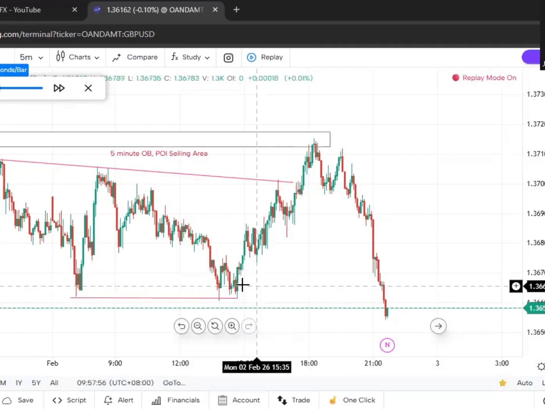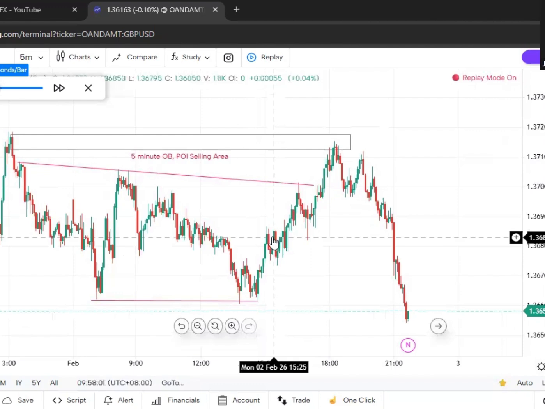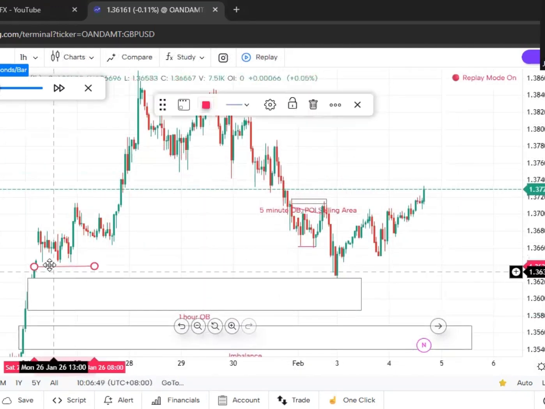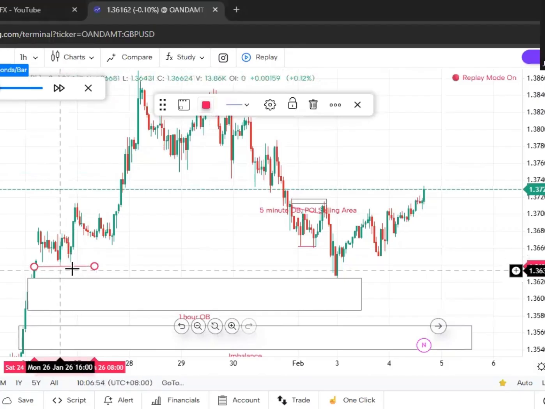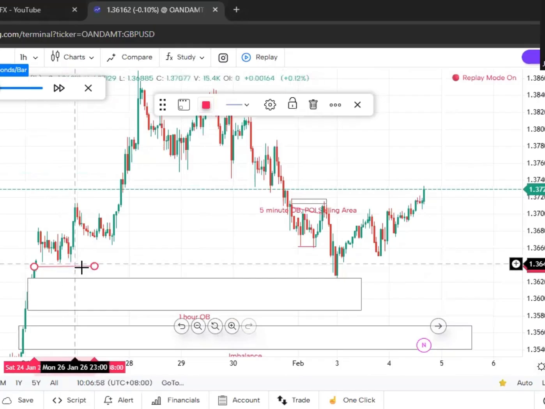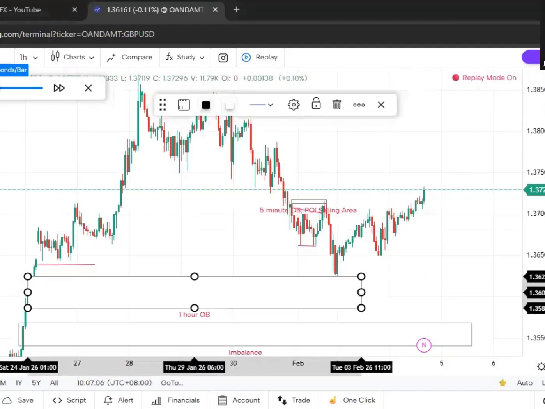By the way, why did it push even lower? Let's go to the 1 hour. Can you see our mark? What is this, guys? The liquidity, right? Remember what I said earlier? The liquidity is the reason why the market moves. So after it gets the liquidity and also taps our 1-hour OB, the market instantly pushes back up.